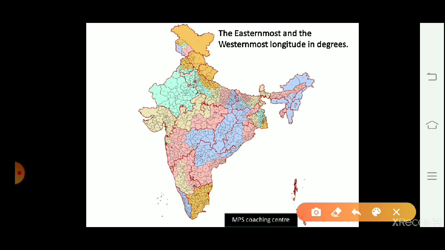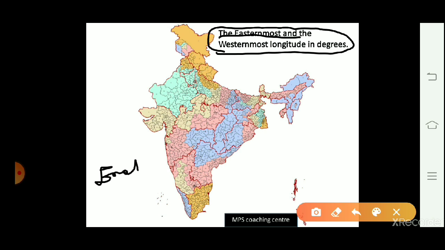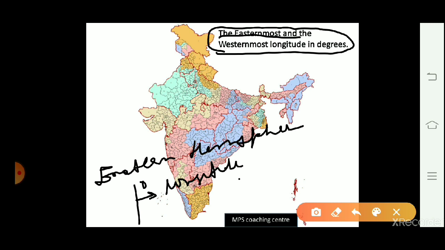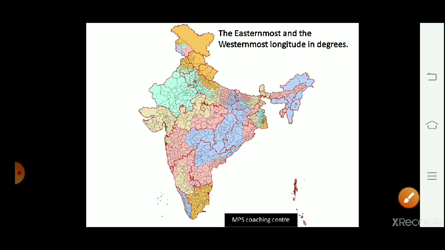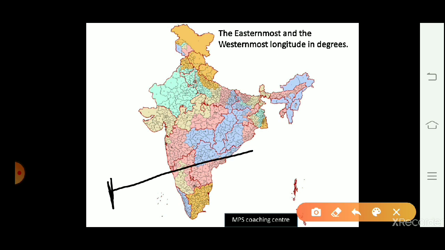Now we will discuss how to plot easternmost and westernmost longitude in degrees. As we know, India is located in the eastern hemisphere with respect to 0 degree longitude or prime meridian. The total land extent of our country from west to east is in between 68 degree 7 minute and 97